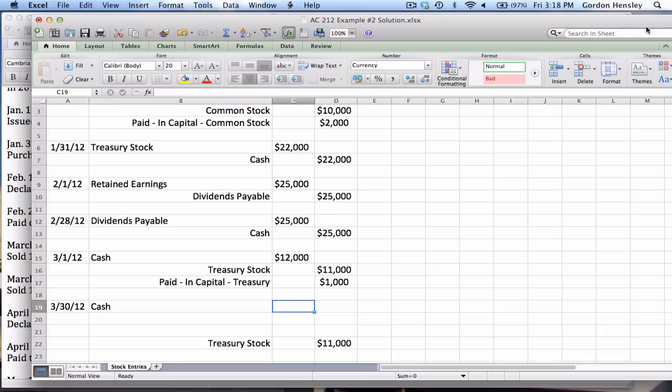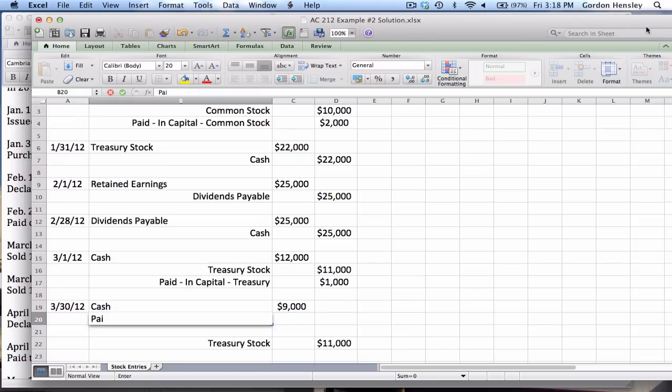Now this time I sold it for $9,000. So evidently the market price of the stock has fallen. So we lost some money here. In fact, we lost $2,000. But I do have a little bit of a problem. I have paid in capital on the treasury,